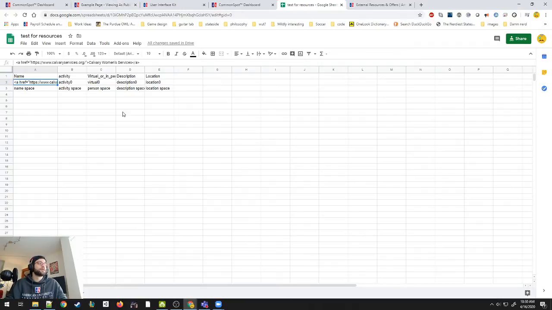So if you want to link to something, you've got to do some HTML. Now, maybe I'll do a whole HTML stream where we're not even in the CMS and I just show you the basics of this. But this is basically how links work in the actual code. You get the caret, a href equals quote, then the web page. You close the quote, you close the caret. The text that you want to actually have the link goes next. Then open caret /a, close caret.